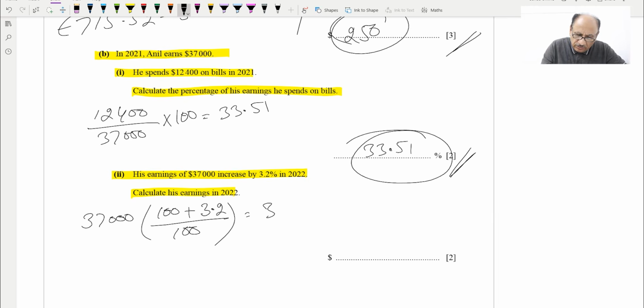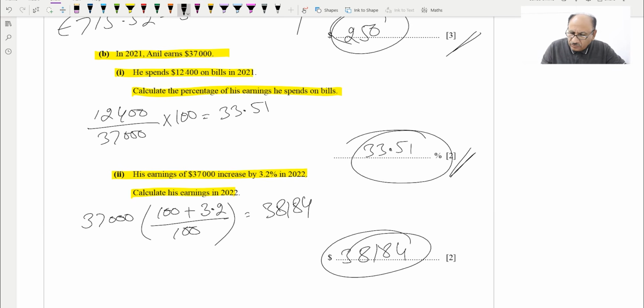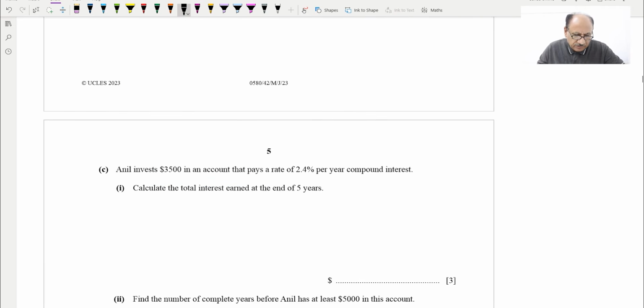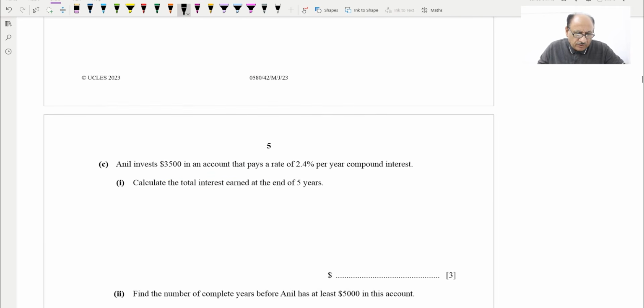So 38184 dollars. This is the answer for 2 marks. Hopefully you understand this. Now for part C, Anil invests